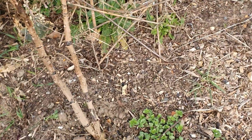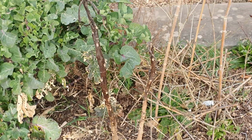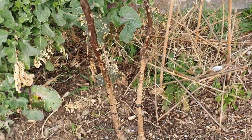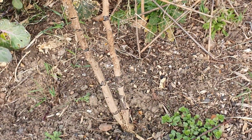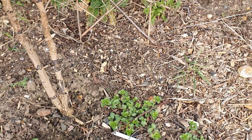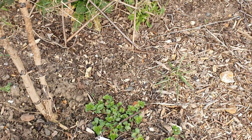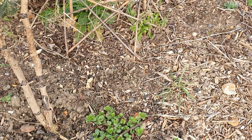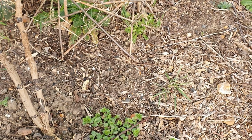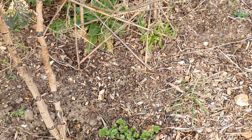Now this again was another experiment. Tamarillo, you can see it looks pretty dead, but it depends on the root system because it can reshoot from the base. So I will leave it there long enough to see if it is going to do anything. I will cut it back just to see if there are any signs of life, but I've got a feeling it might be dead, this one. But you never know,